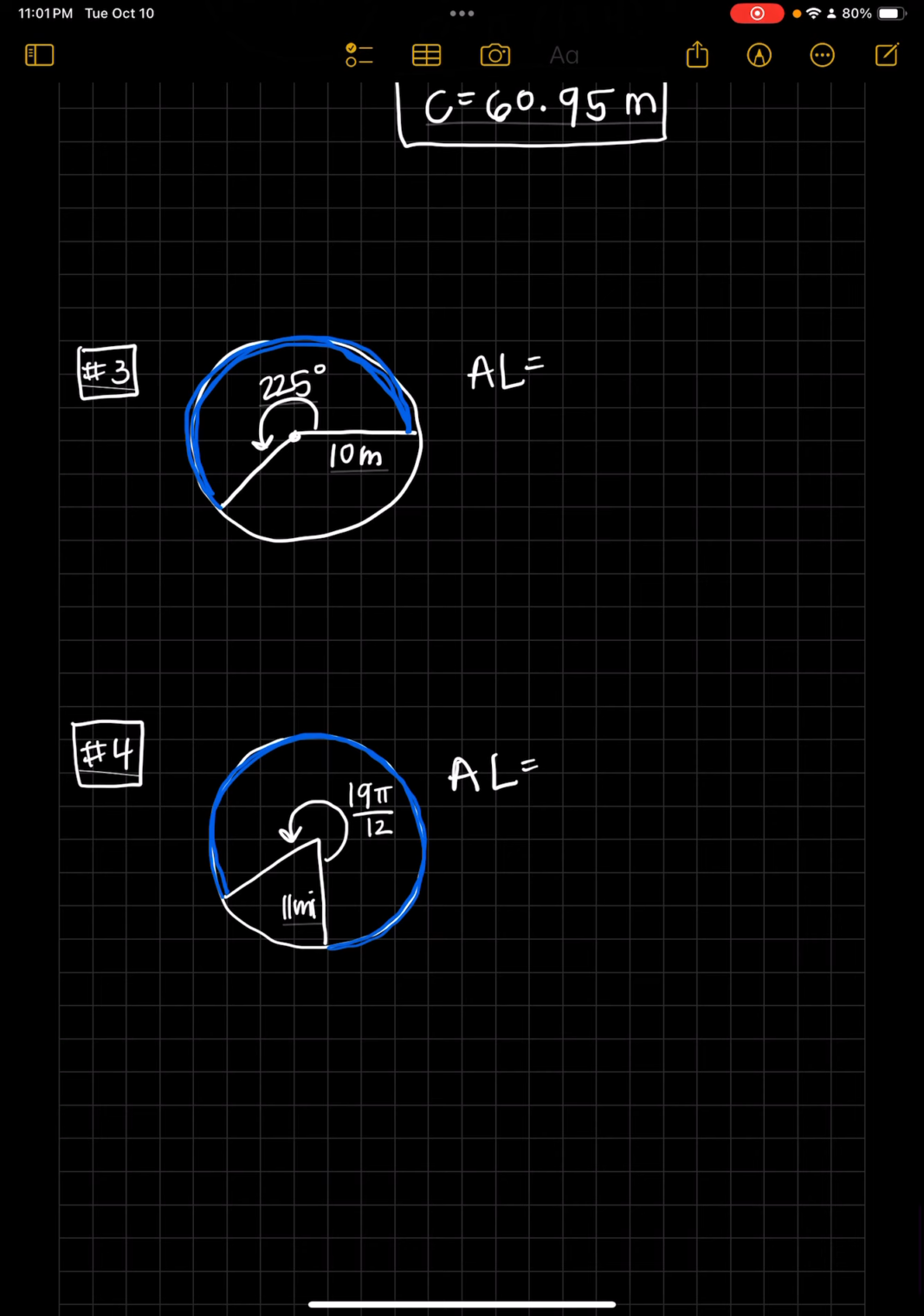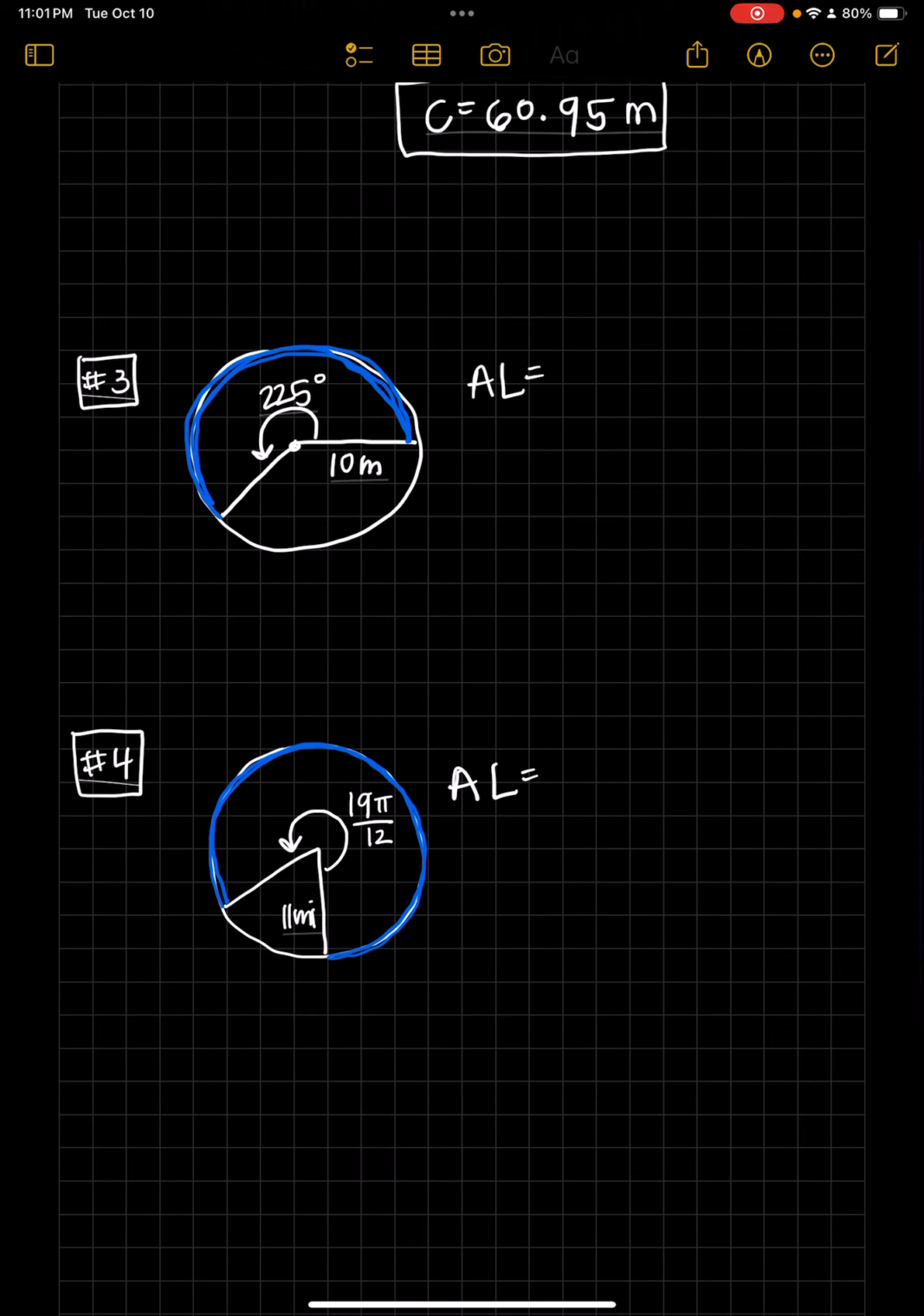And the arc length equation, again, you have to decide if it's radians or degrees. For this third example, it's in degrees. So we're going to use the arc length equation for degrees, which is 2 pi r times theta over 360. And we're going to replace the r with the radius, which it tells us is 10 meters. And then we're going to replace the theta with the angle, which is 225. So I can write arc length is equal to 2 times pi times my r, which is the 10, times theta, which is 225,